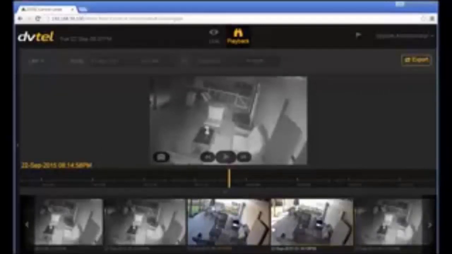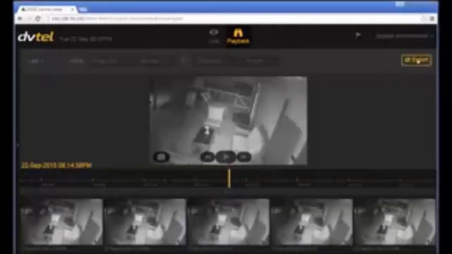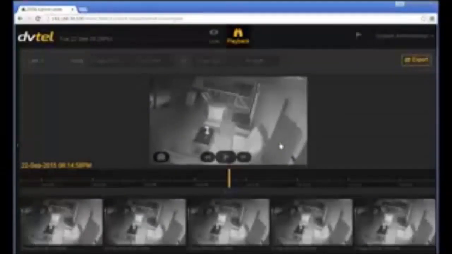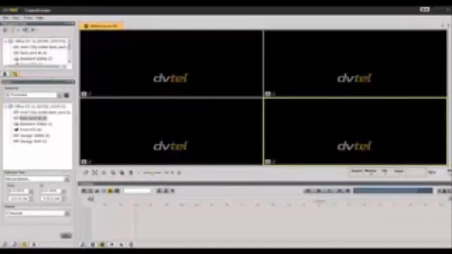And again, one additional key feature to note is the ability to export directly from our Easy Client's interface, giving you the ability to export in not only the DVT proprietary format, but also the option to export in an AVI format as well. The Easy Client is better equipped to handle the day-to-day tasks of the casual user, making our Easy Client more versatile than ever before. One of the last features that I'd like to share with you in our 7.0 release